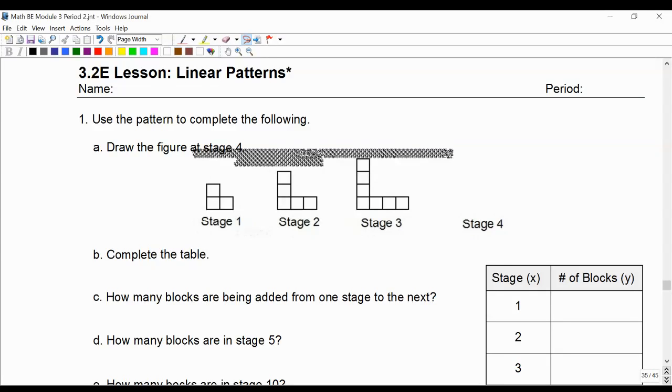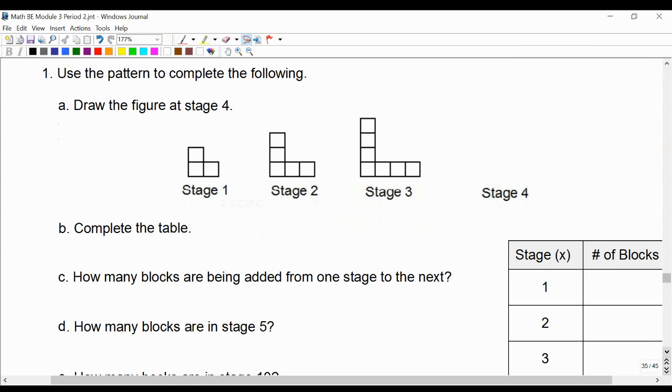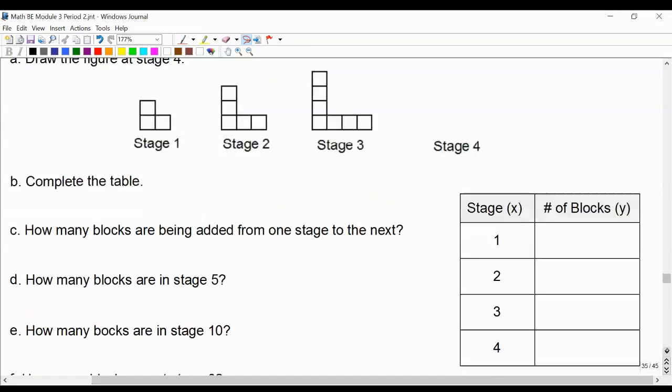We're going to look at the first page of the 3-2E lesson on linear patterns. We're going to look at block patterns that, if these were graphed, would be linear, or form a line. We're going to look at number 1, and we're going to start actually with the table, and then we'll draw